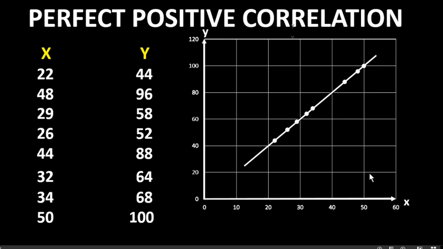If this type of situation is found, then there will always be perfect positive correlation. And in such a case, this type of correlation can be defined in this way. If all the points of the scatter diagram lie on the same straight line that is going upper right from lower left, then there will be perfect positive correlation between two variables. And in such a case, the value of r will always be equal to 1.